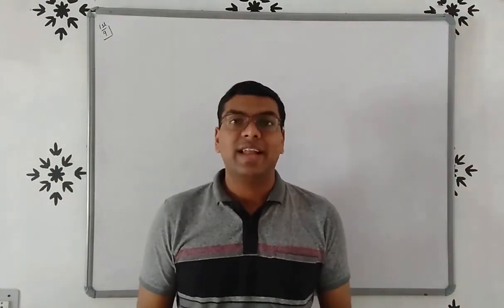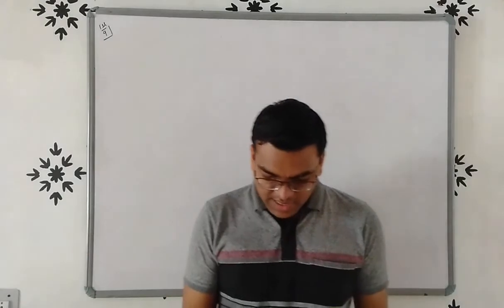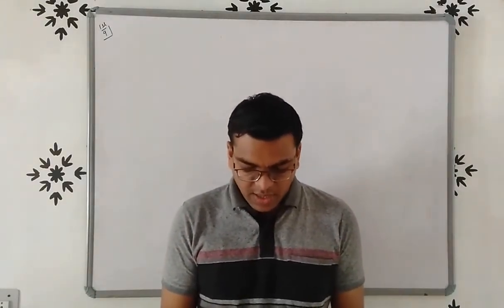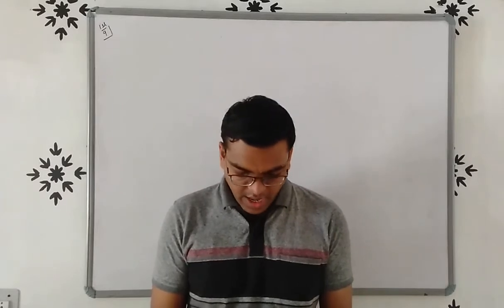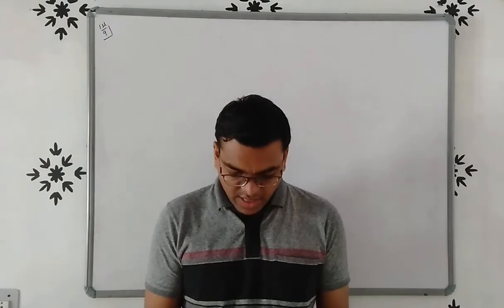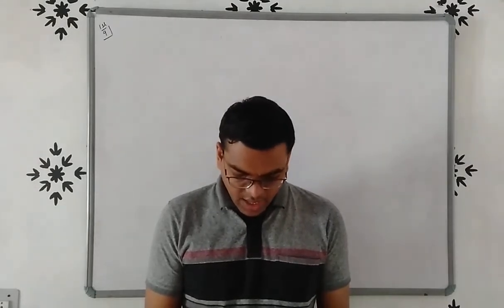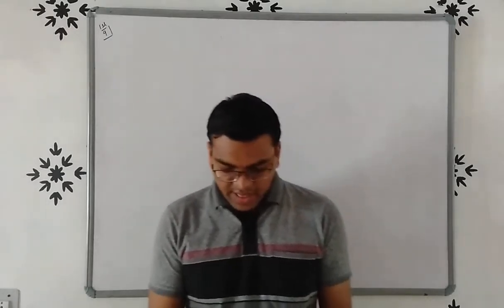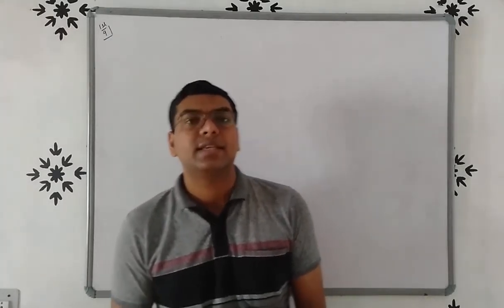Illustration number 9. In the meter bridge as per figure, the null point is found at a distance of 33.7 cm from A. If now a resistance of 12 ohm is connected in parallel with S, the null point occurs at 51.9 cm. Determine the value of R and S.